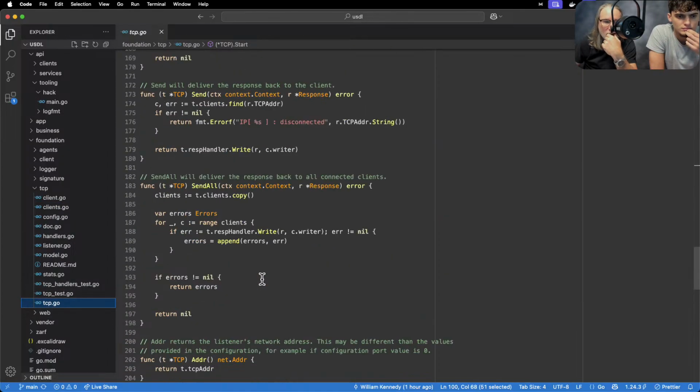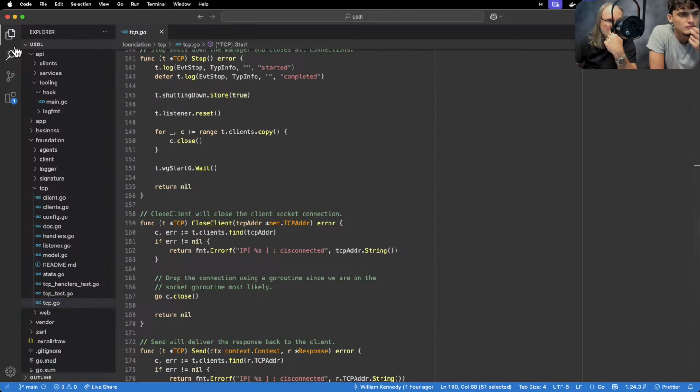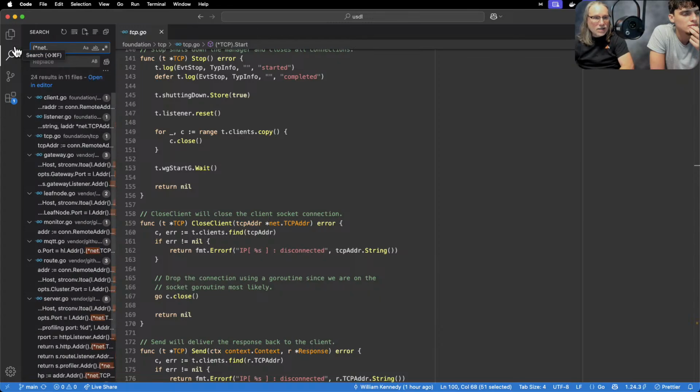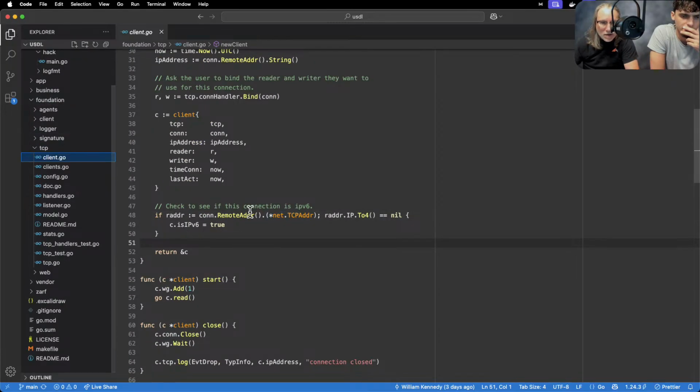Where's the nasty, nasty type assertion? Let me look this way. TCP. Who is it? Oh yeah, here, client. This stuff right here. Oh, okay. Anywhere that we did this,